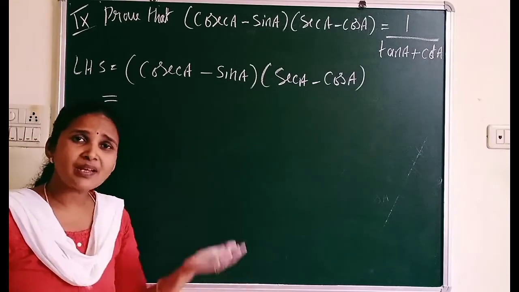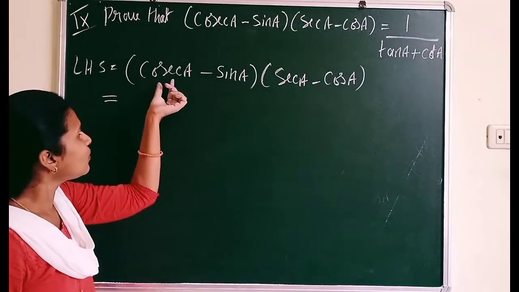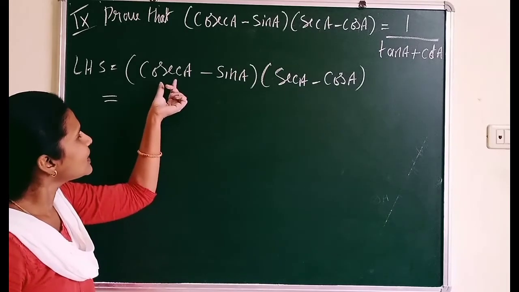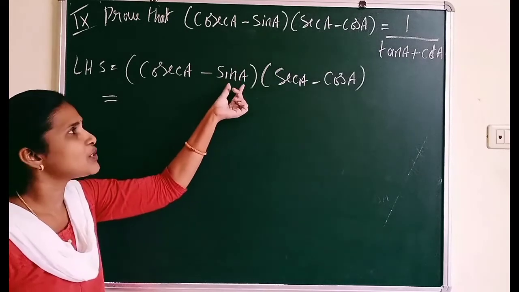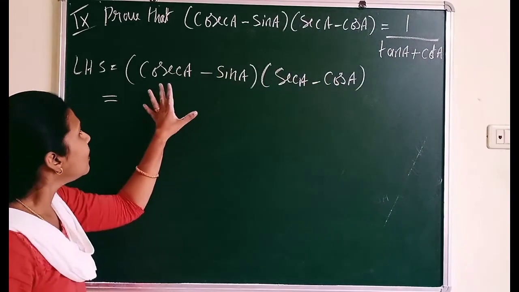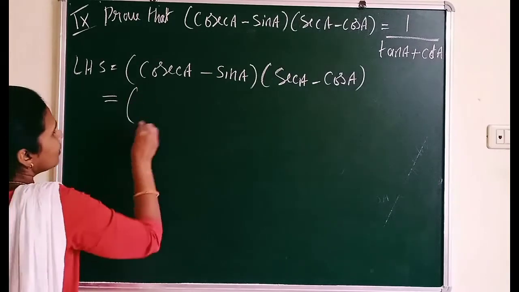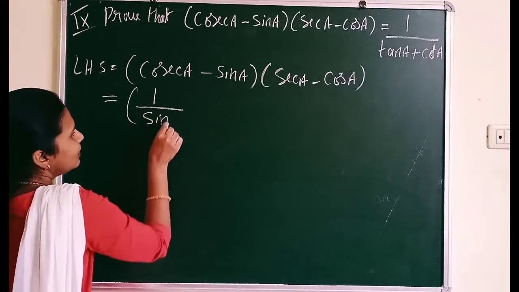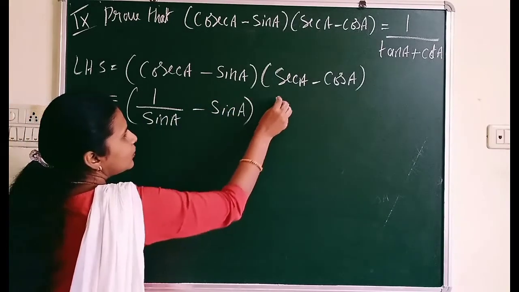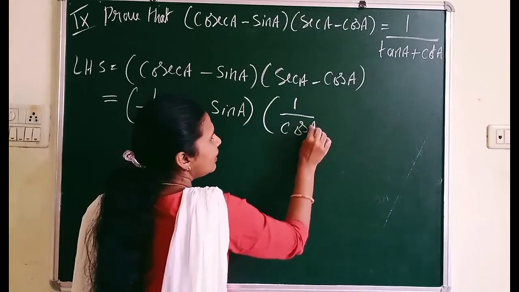Whenever you have cosec and sec, try to convert them into reciprocals, because cosec can be written as 1 by sine. If I write cosec as 1 by sine, I don't have a cosec term in the RHS. So better to write cosec as 1 by sine. So write 1 by sine minus sine A into, again sec can be written as 1 by cos A